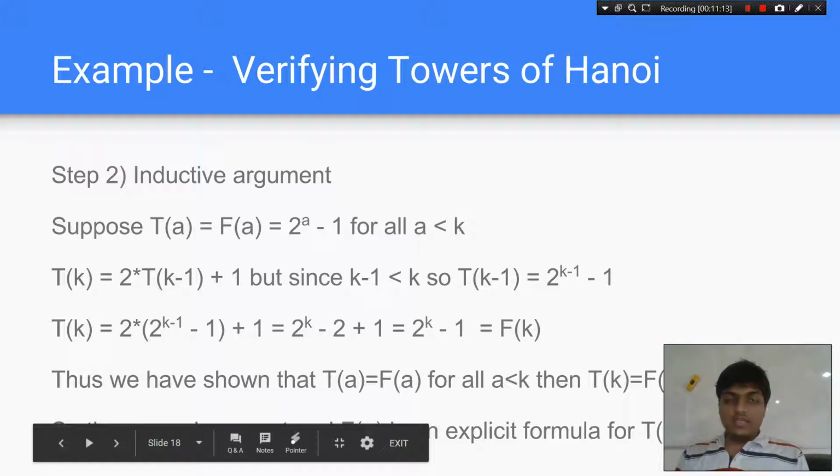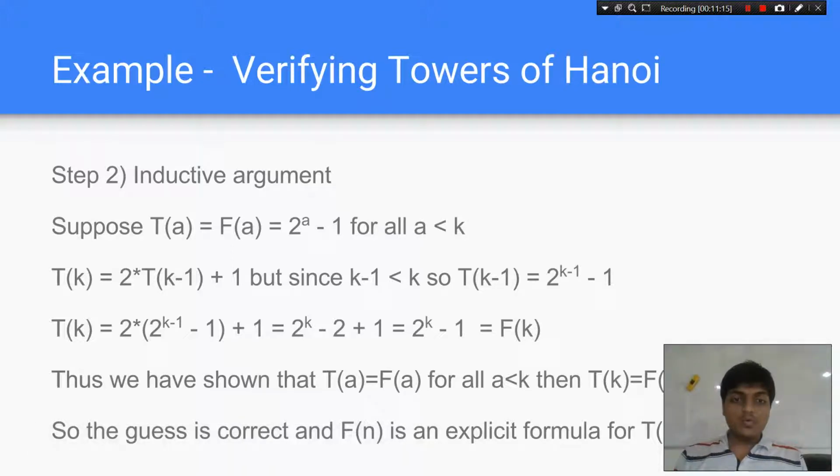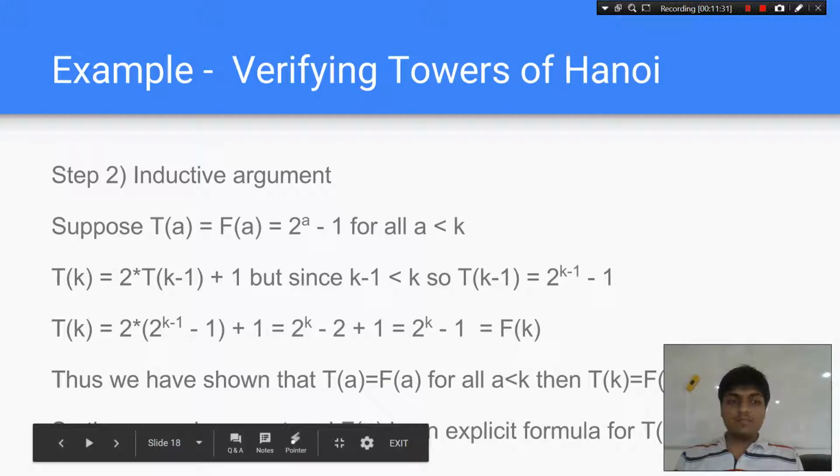So suppose that ta equal to fa equal to 2 to the a minus 1 for all a less than k. Now from the recurrence we know that tk is equal to 2 times tk minus 1 plus 1. But since we have already assumed that tk minus 1 equal to fk minus 1, we can put tk minus 1 equal to 2 to the k minus 1 minus 1 in place of tk minus 1. So we put that here,